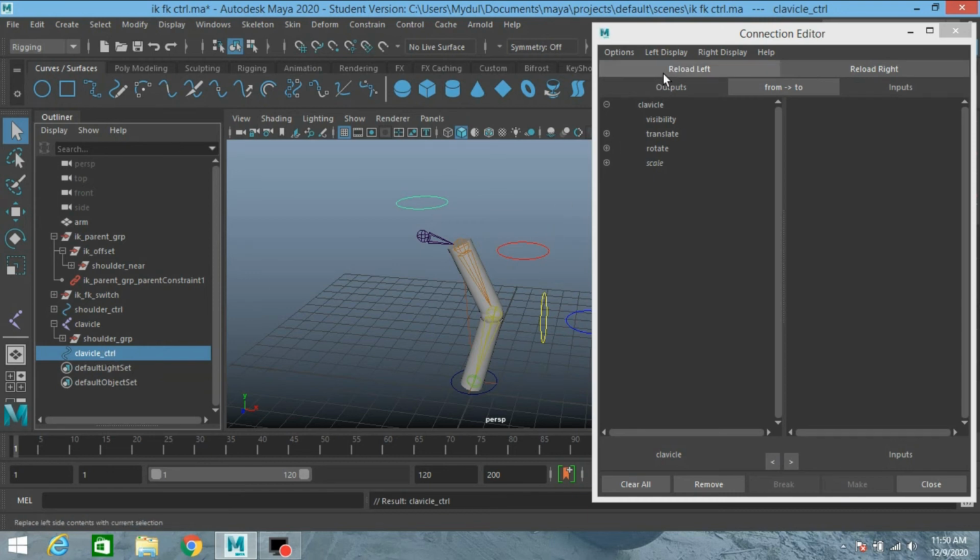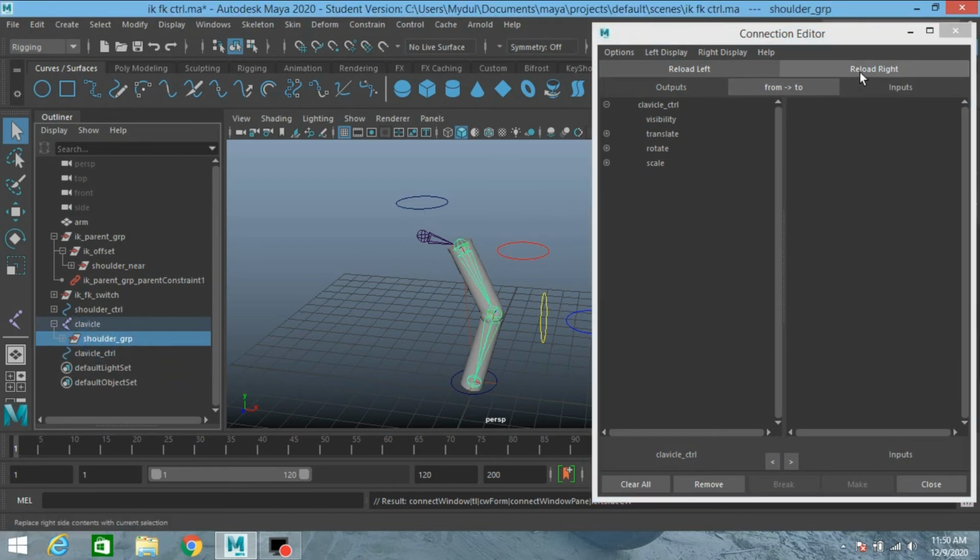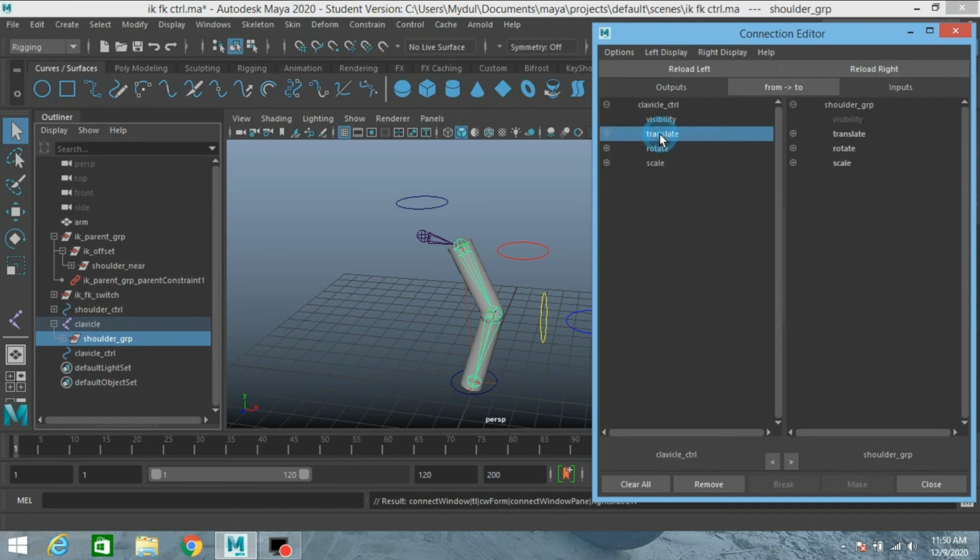Reload it to left and select the shoulder group and reload right and connect the translate of the clavicle controller to the shoulder group and rotate to the rotate of the shoulder group.